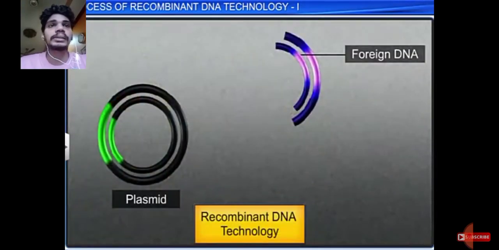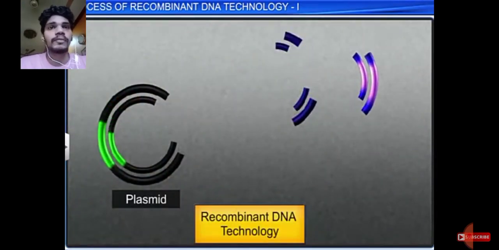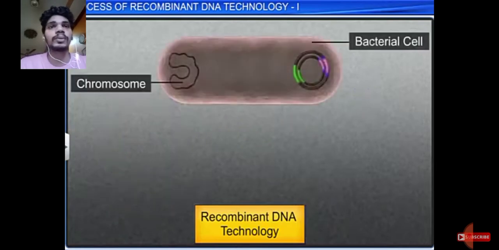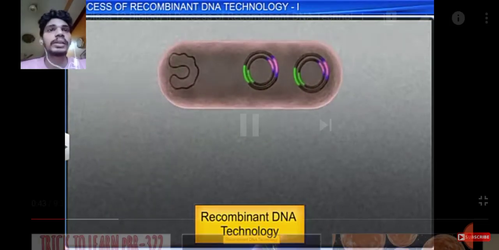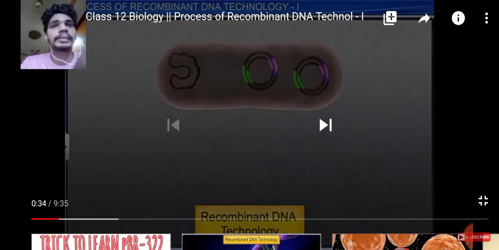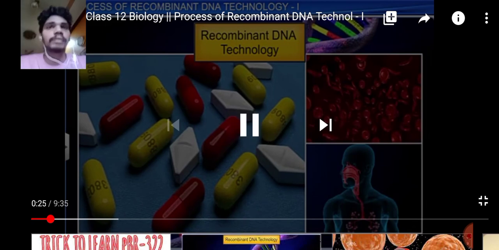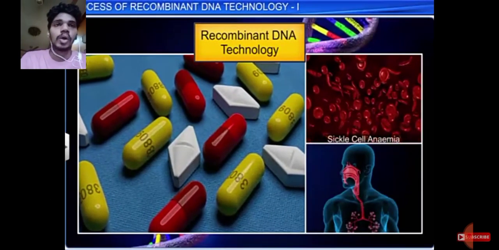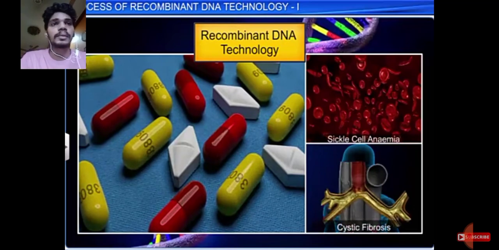What happened in this case? A plasmid gets incorporated with the desired DNA. For example, if I want to insert insulin over here, in this case I'm stopping that video. You can see that. See what happened exactly in the earlier slide. You can see as we started here, we are going to talk about sickle cell anemia. So if you want to cure sickle cell anemia, what will we do?